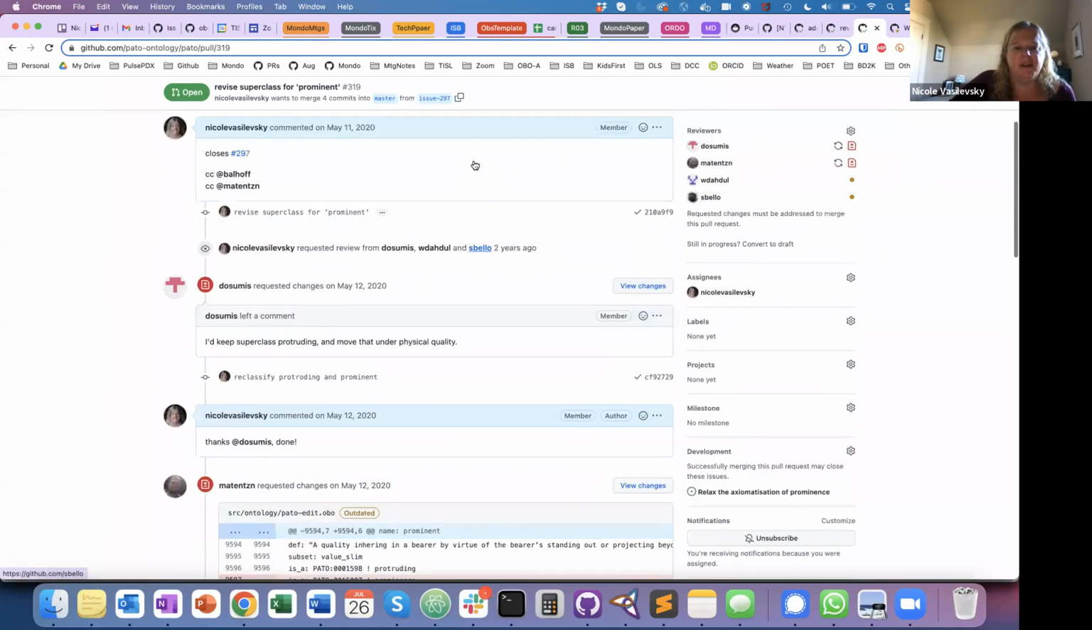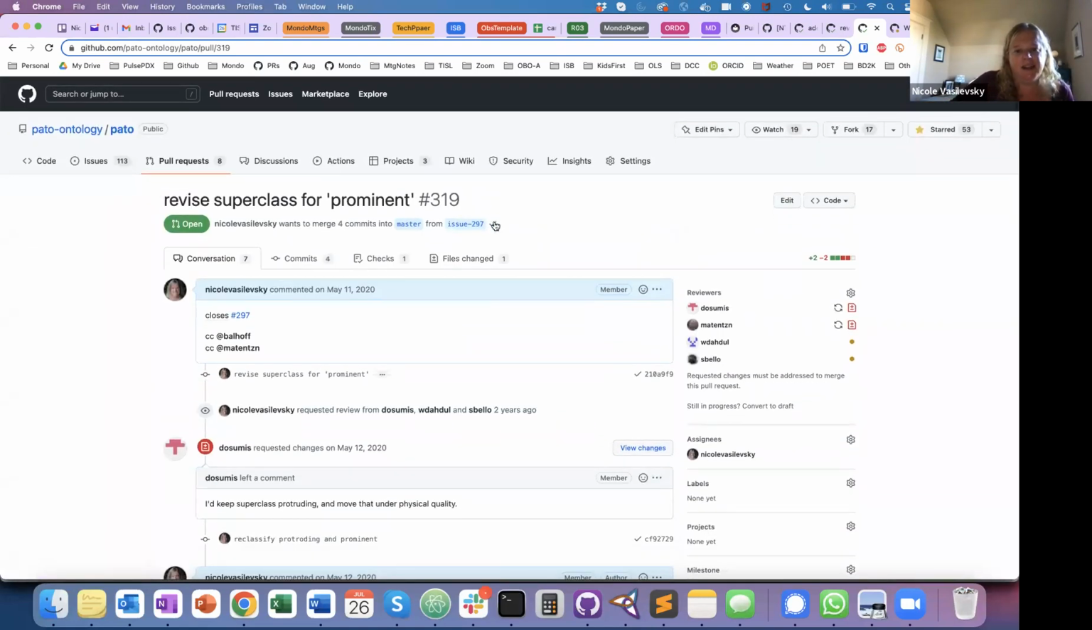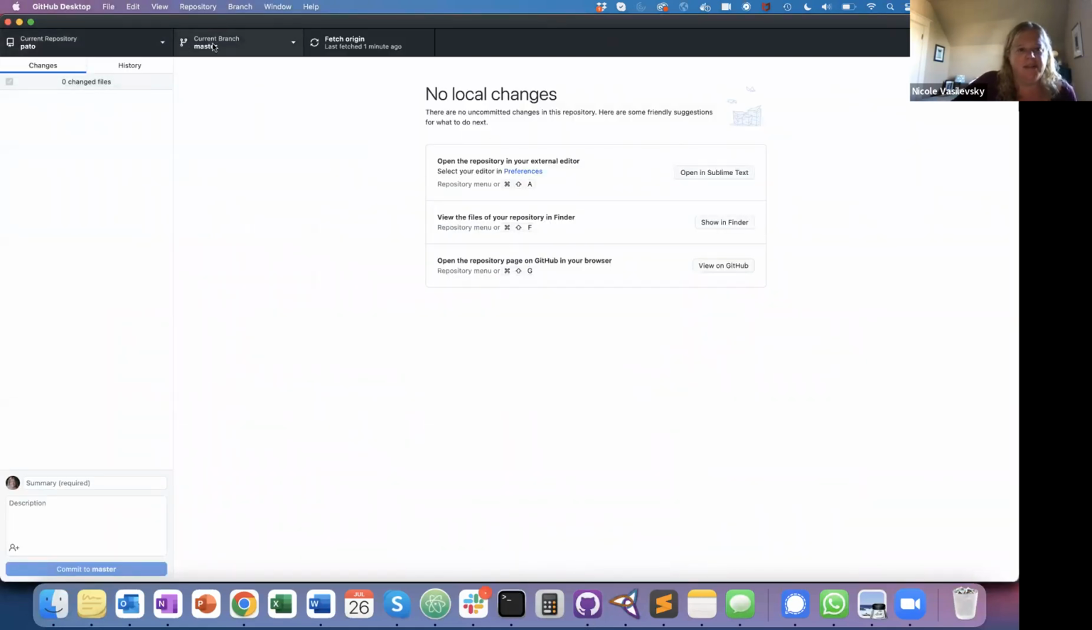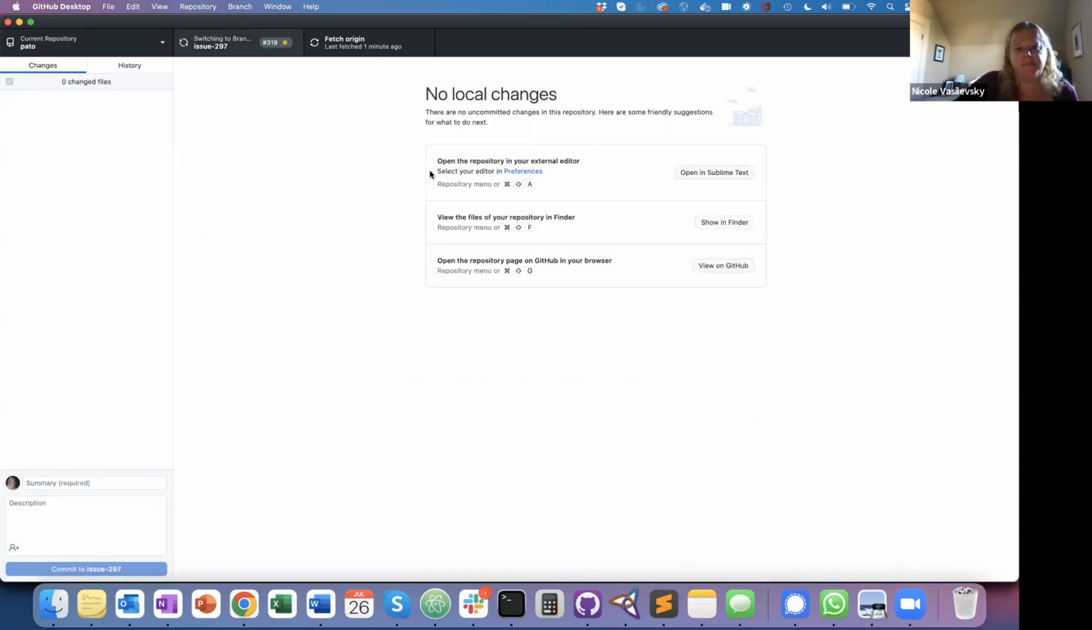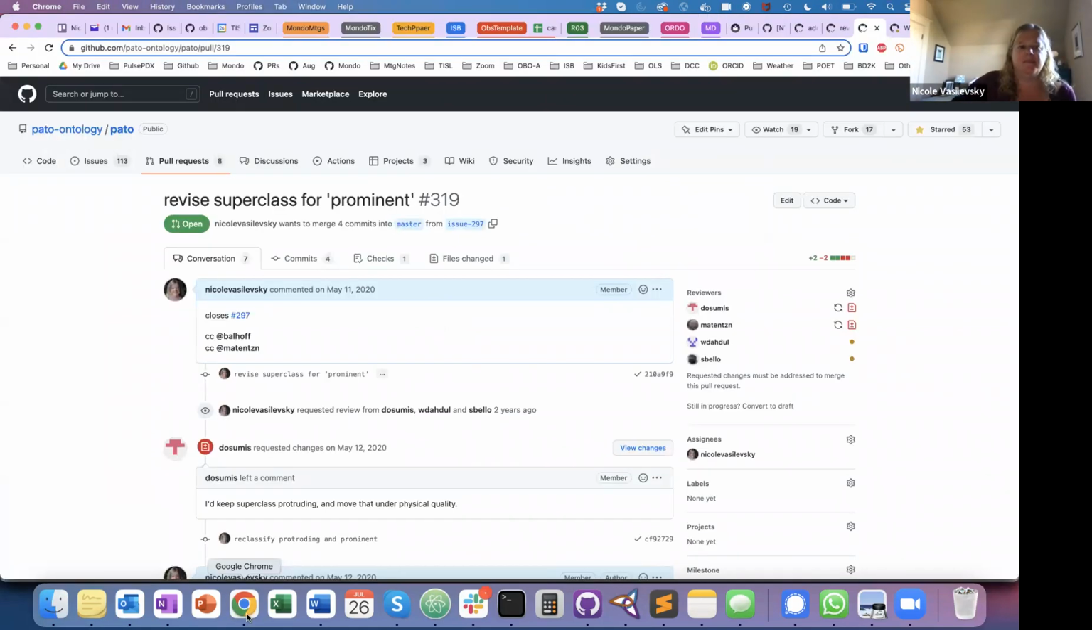So if I want to go back to this existing ticket, I just click on this issue here with this cute little copy button. And then I can go to my Pato repository and just paste it in here. And then it'll bring back up the branch that I had previously worked on. Now I can open Pato in Protege, make the edits, then commit directly to this branch,